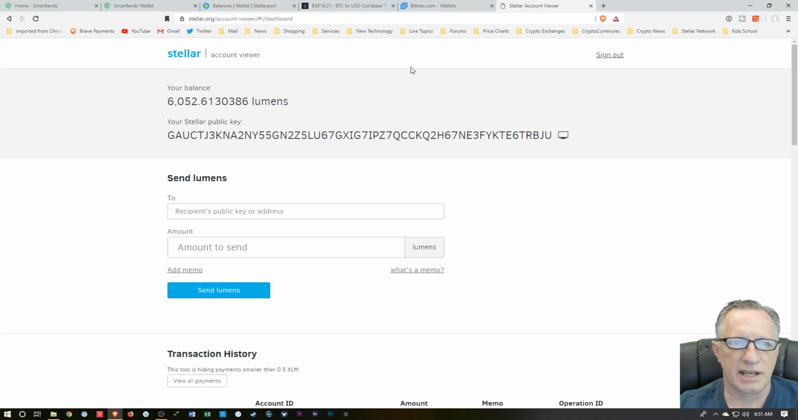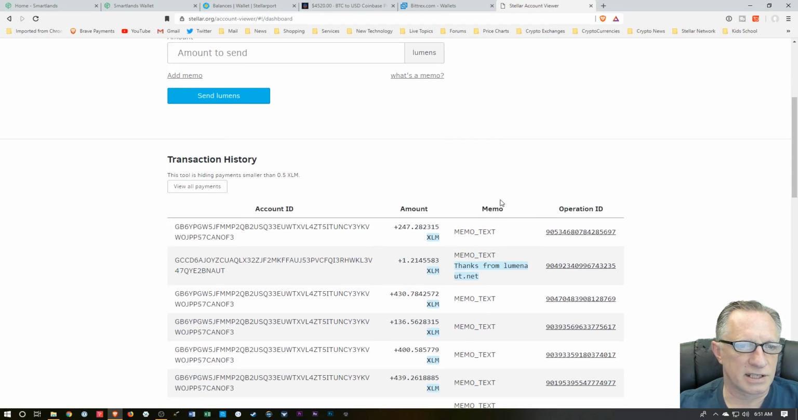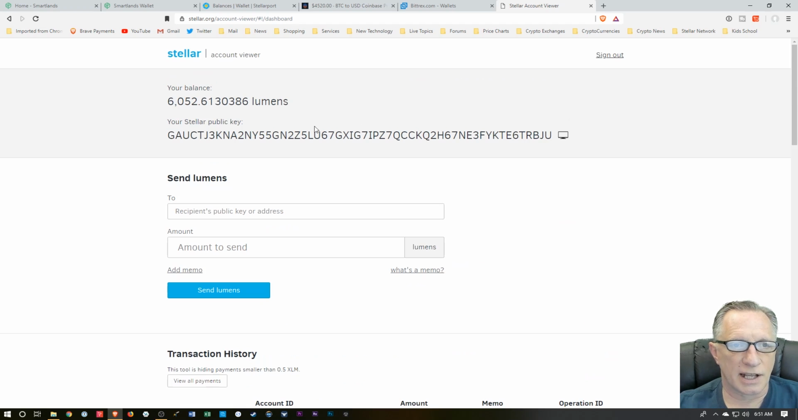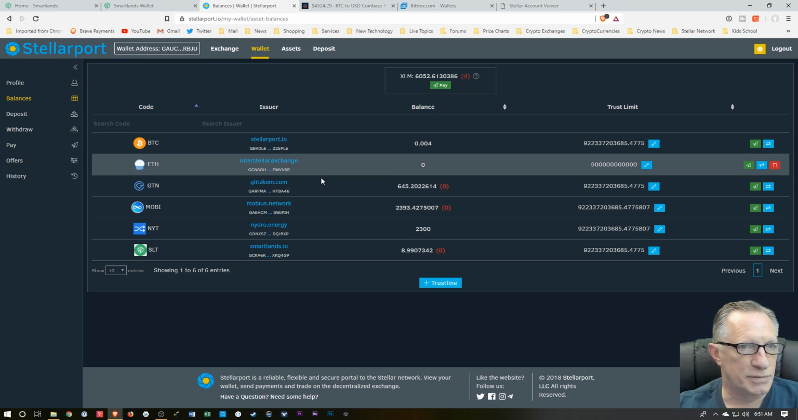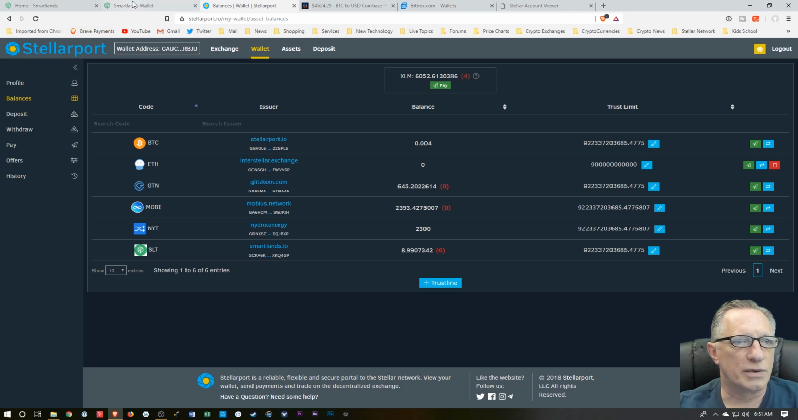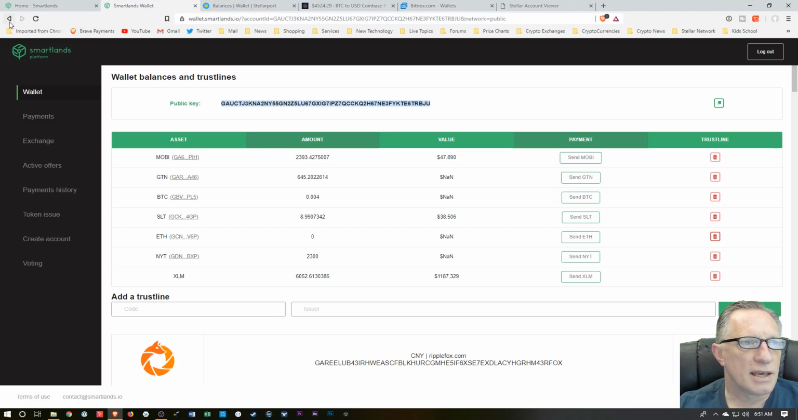But this is just one interface. Now, if I go to this interface and I look at my Stellar balance, you can see I have less Stellar now. But this wallet doesn't show me my other Stellar native tokens. So I need to view them in an exchange interface like this, where I can see all of my sub tokens. You can do the same thing with the Smartlands Wallet. If you recall,